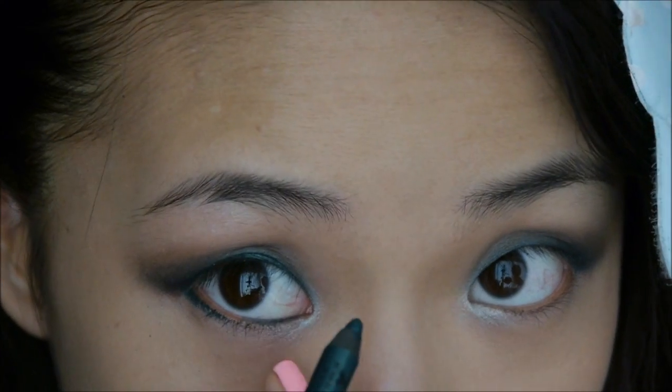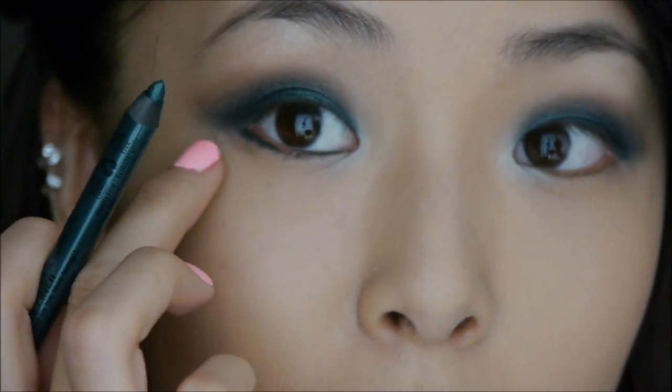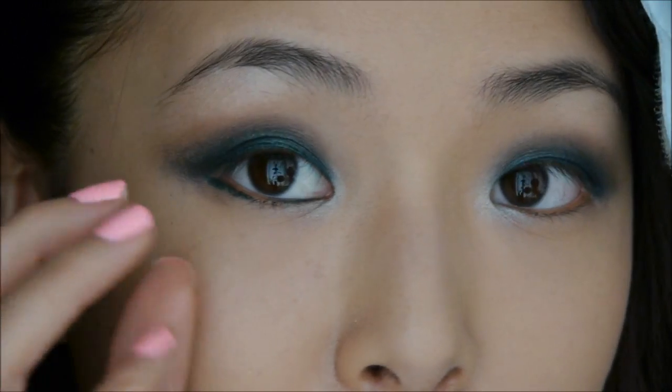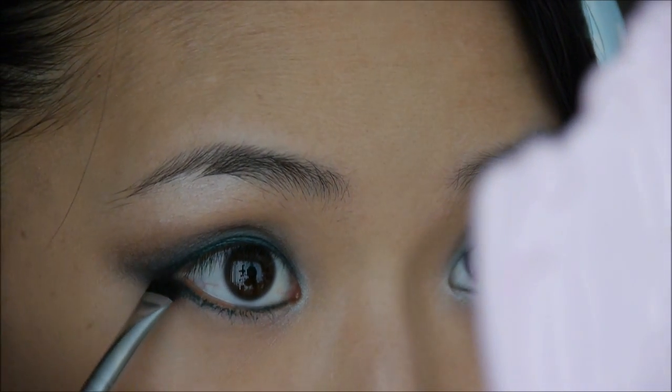So on the inner half, I'm applying it to the waterline. And the outer half, it's just underneath the waterline. That way I can line my whole eye, but it doesn't close off the eye, and that'll keep your eye from looking smaller. Now I'm taking a small smudging brush, and using Loaded, I'm going to smudge out this color